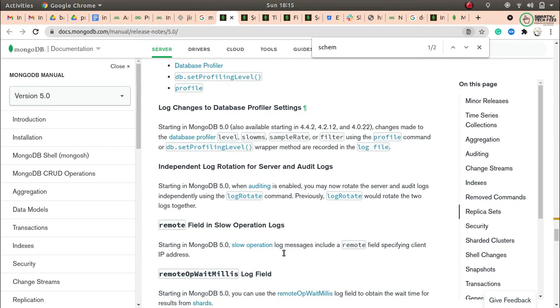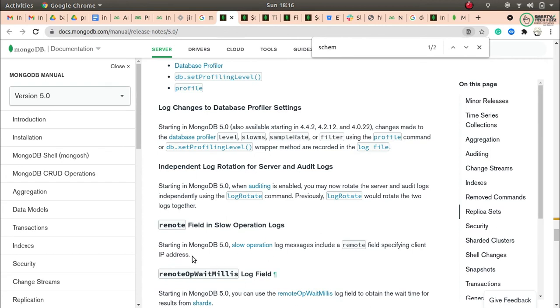Next is, if you have seen my other videos, I have explained about monitoring of MongoDB, or monitoring its performance. While monitoring, you can even check what slow queries are running on your system. In that case, if you find the slow queries, you must want to know who the culprit is, who threw that slow query which is shutting down our system or our MongoDB. Now these slow query operation logs will contain the remote client IPs.